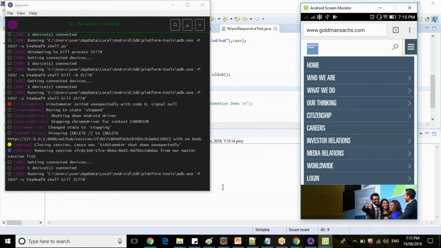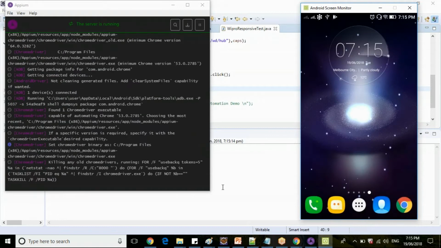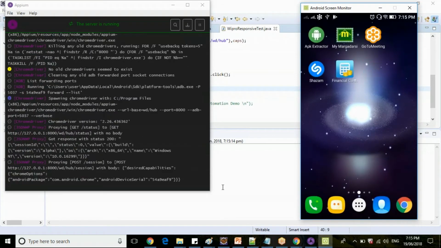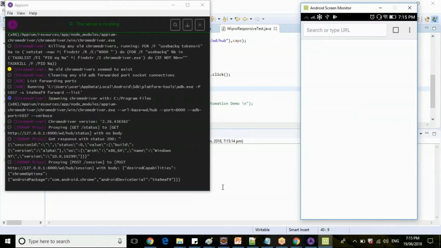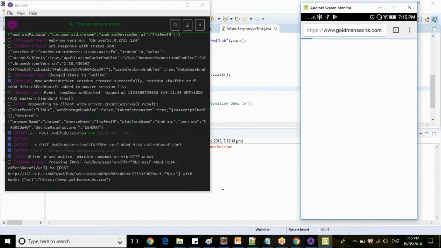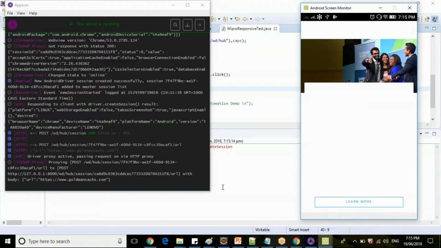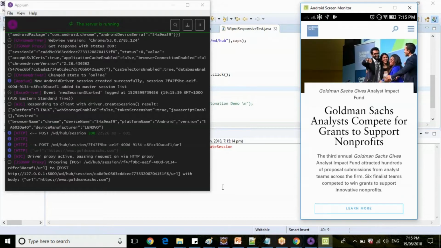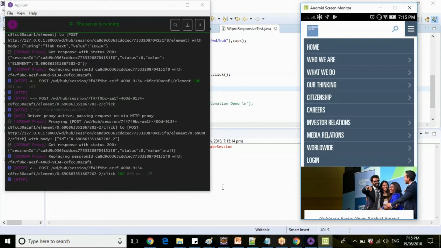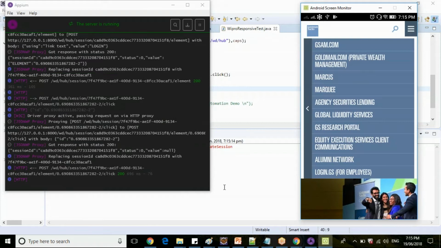Or suppose you are not able to work with link text, then you inspect your element again. Yeah. So now it has clicked on the login button.